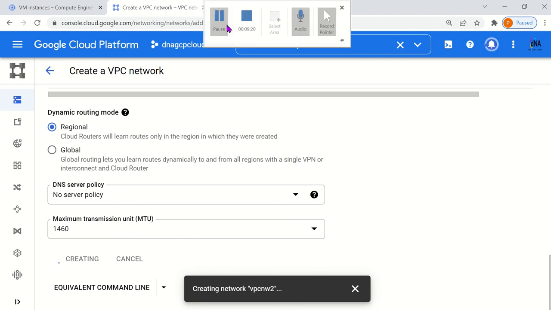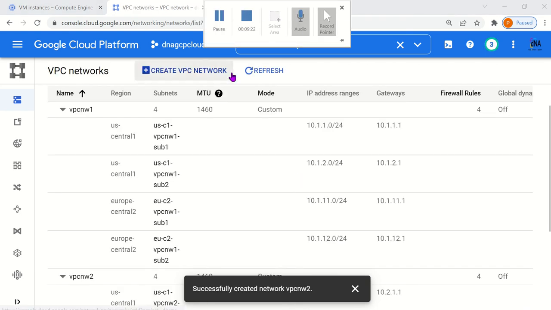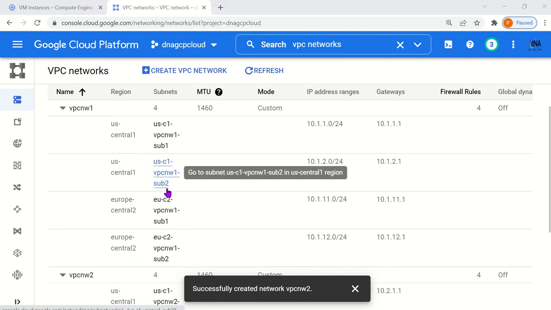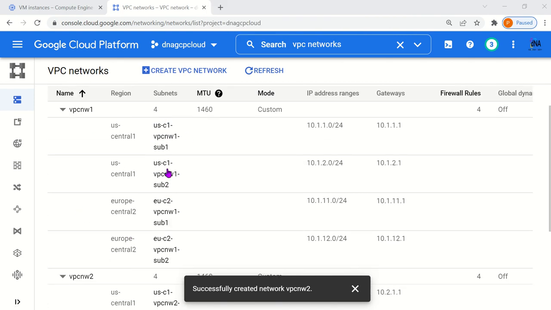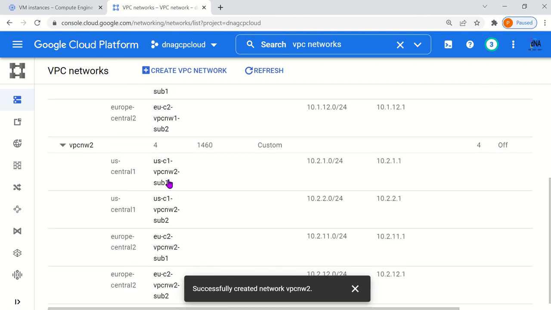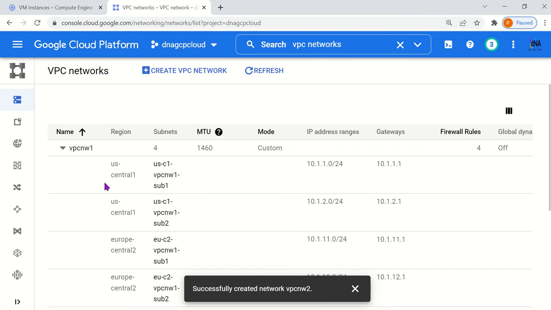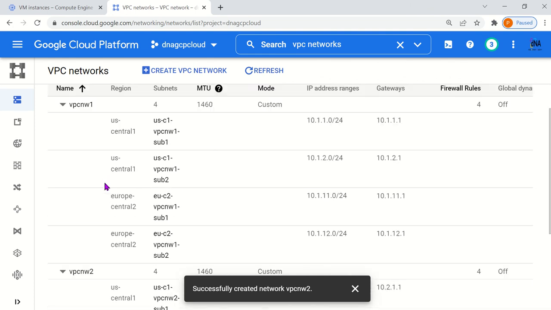It will take time to create the VPC. Here you go, guys. Now we have 2 VPCs, VPC 1 and VPC 2. Perfect. Look here. This is the subnet name and the region. So how many subnets do we have in US Central 1? 2, and 2 in VPC network 2. Perfect. So now the next question: if you would like to add one more subnet or a few more subnets